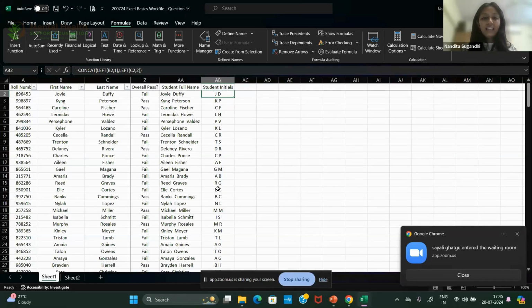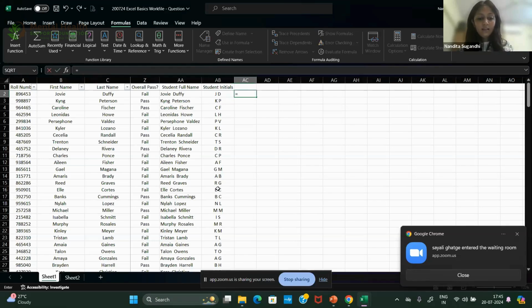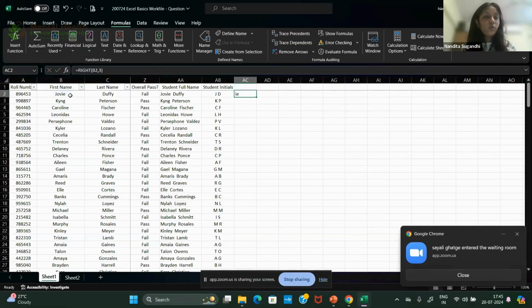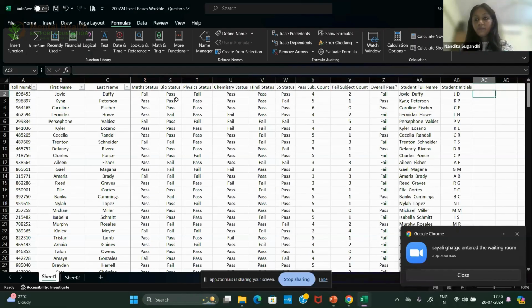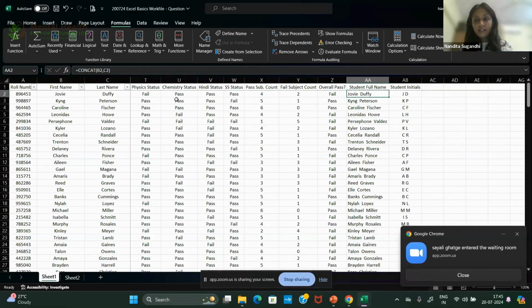This is your length, sorry, not length. There is a part of length in here, but your concatenate and left function. Same thing you can do for right as well. You select right, and then you just pass the number of characters. If I wanted to get the last three letters of someone's name, then Jovi, there is the space after Jovi as well. So there you have it. Okay, there goes your left and right.